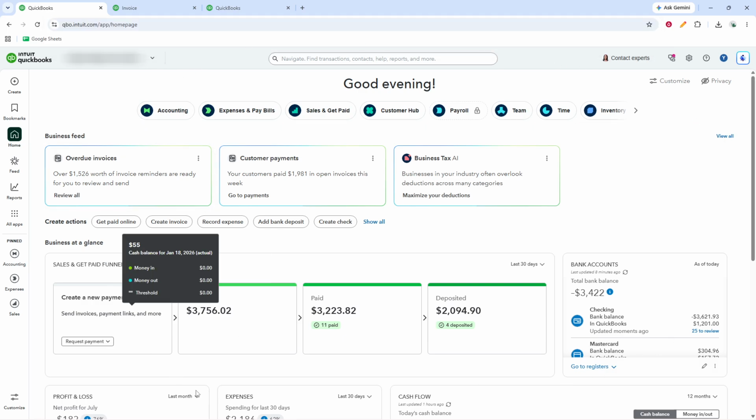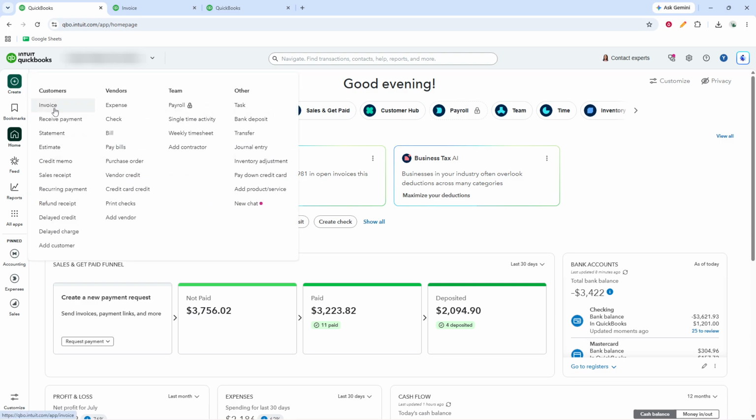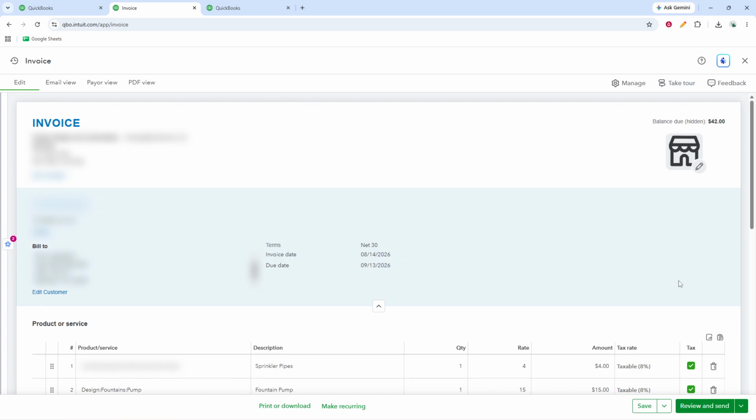Once you are in, go to the transaction where you want to add a file. This can be an invoice, a bill, an expense, or a sales receipt. Open that transaction so you are looking at the full details page and not just the list view. The attachment needs to be added from inside the transaction itself, so make sure you are on the correct record